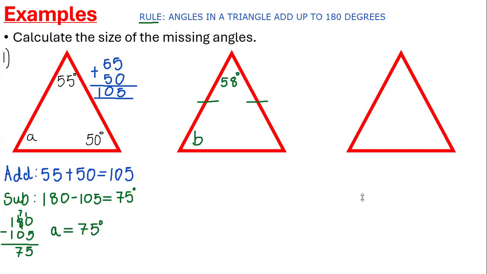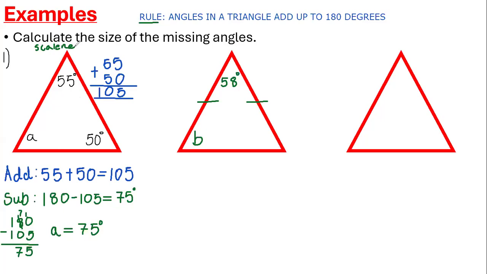All right. So first of all, we have to understand what type of triangle this is. What type of triangle is this? Isosceles, right? What type of triangle was the first one? Scalene, very good. Why was it a scalene triangle? All sides and angles are different, not equal. Very good. So it's a scalene.